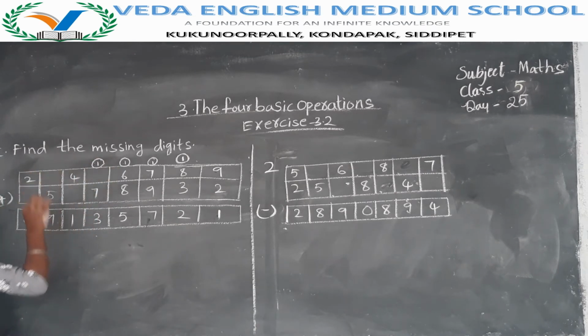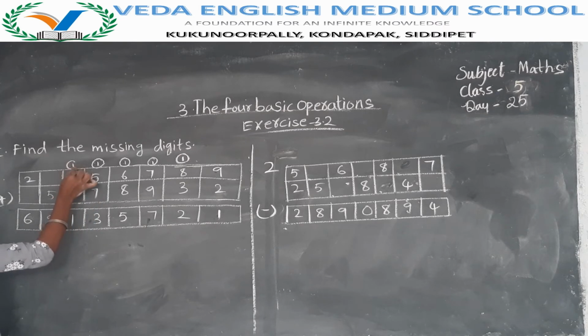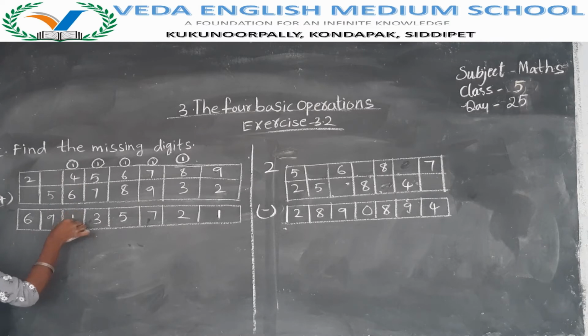7 plus 1, 8. To get the answer as 3, what should we write in the box? What should be added to 8 to get 3 here? 8 plus 5 is 13. 7 plus 5, 12. 12 plus 1, 13. If it is 13, we can write 3 here and 1 as carry. 4 plus 1, 5. What do we have to write here to get 1 here? 6, 6 plus 4, 10. 10 plus 1, 11. 11 means 1 we have to write here, 1 becomes carried to the next number. 5 plus 1, 6. 6 plus 3 is 9. To get 6 we have to add 2 plus 4, 6.